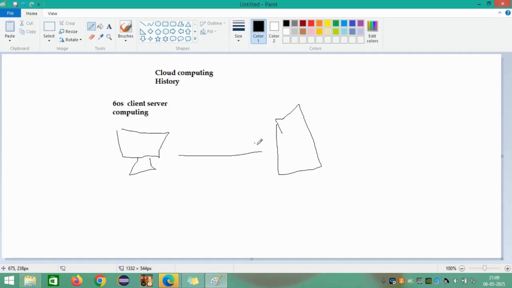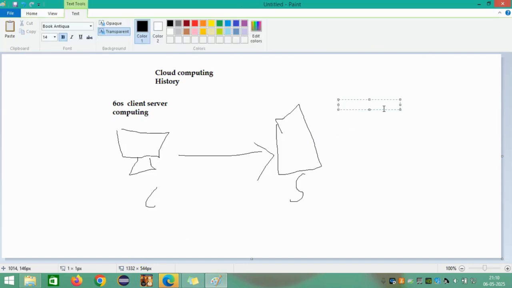Through the client machine, we would be able to access the resources that we want to process, or the computing task we would like to perform in our client system. Back then, it used to be a centralized system where these requests from the client were directed towards a specific server through the network, and the client had to wait for a longer duration of time to access the server and to retrieve the data from the server. So later on, it went to something called